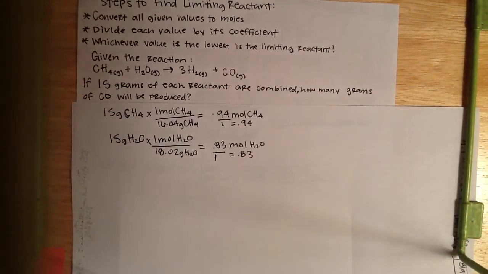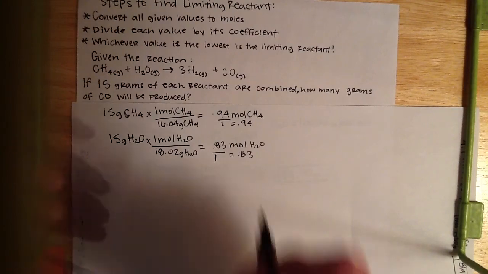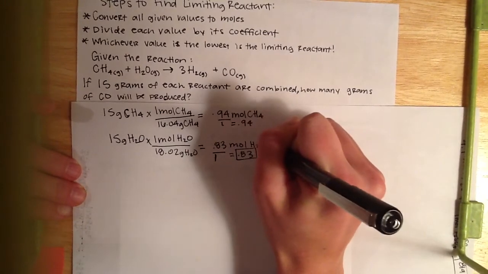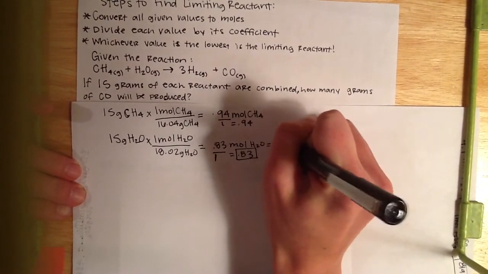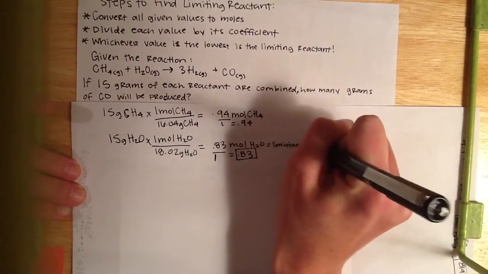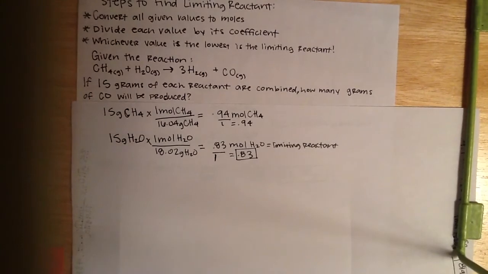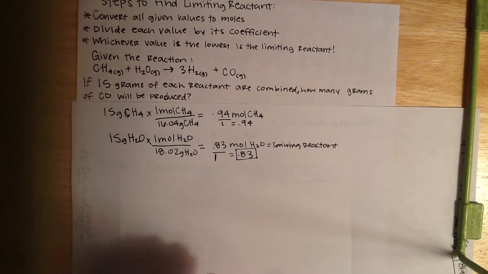Now let's look at our last step. Whichever value is the lowest is the limiting reactant. So here is our lowest value. So we know that H2O is the limiting reactant. Okay. So we have our limiting reactant, but the question is also asking us how many grams of CO will be produced. So we're trying to find the grams of CO. Well, we can use this mole value right here